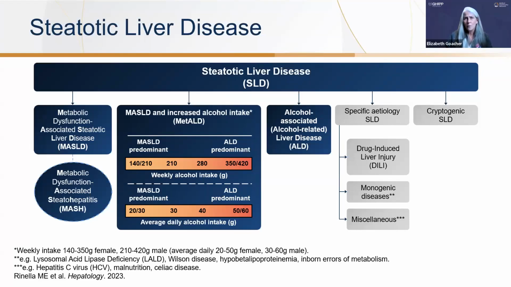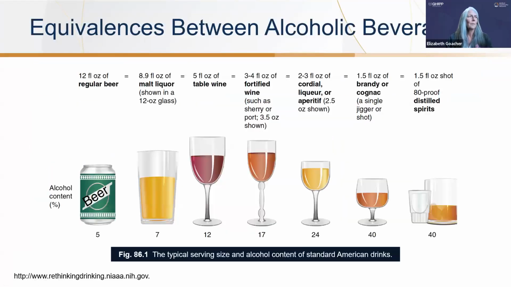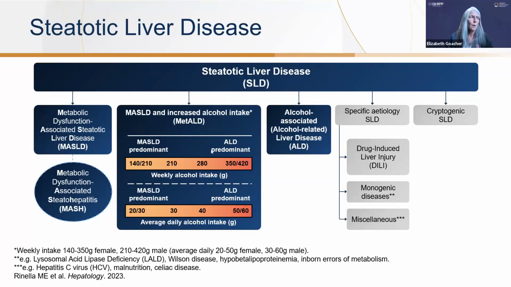It's particularly important when it comes to diagnostic criteria, because that's also what drives our medication and therapeutic choices on the other side. So figuring out where they fall in terms of MetALD versus ALD or just MASLD is helpful. It is helpful to distinguish, but it's hard to do. This diagnosis is based, as you can see from this slide, on self-report of alcohol consumption. So this is self-report of how much alcohol you consume every day.